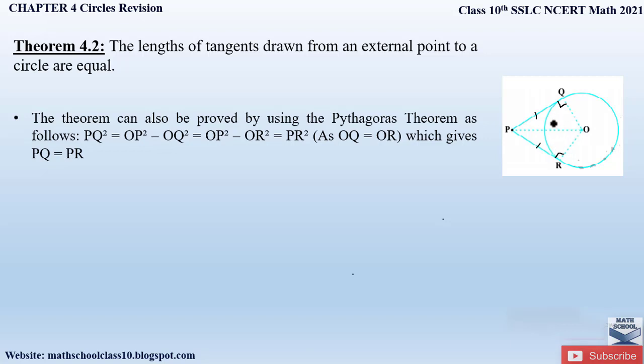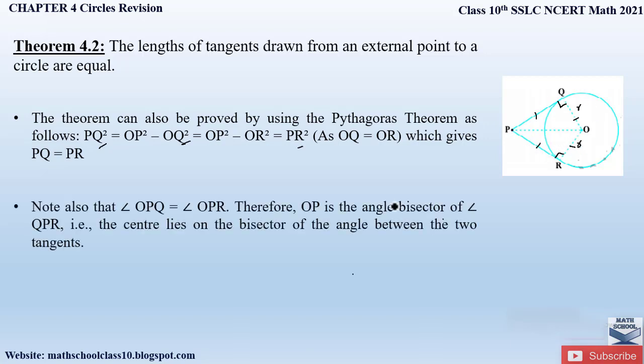So there are two right angle triangles formed here whenever you draw tangents from a point P which is lying outside the circle. So we can say that PQ square is equal to OP square minus OQ square. Similarly, PR square is equal to OP square minus OR square. Now from the figure we know that OQ and OR are the radii of the circle which will be equal, right? So if these two radii are equal, then these two equations will become equal because OQ and OR are equal. Then we can say that PQ is equal to PR, right? So this is how PQ is equal to PR in this theorem.